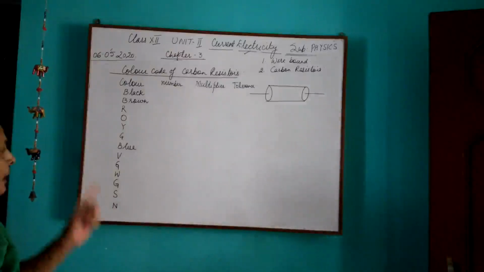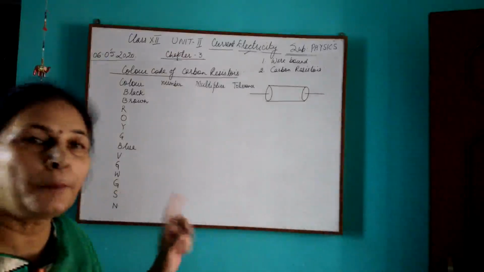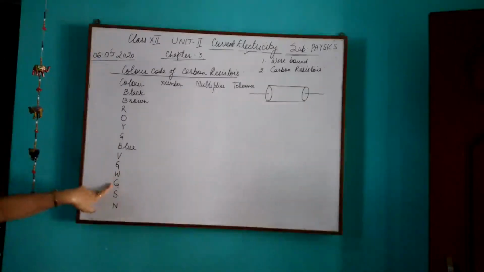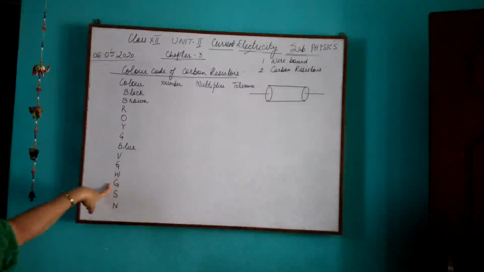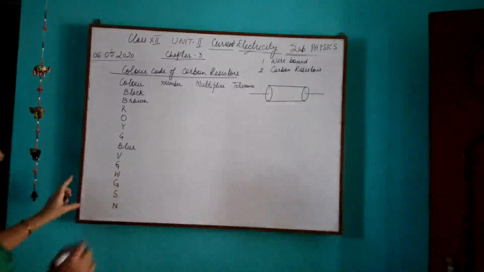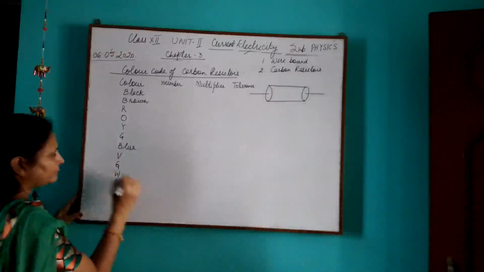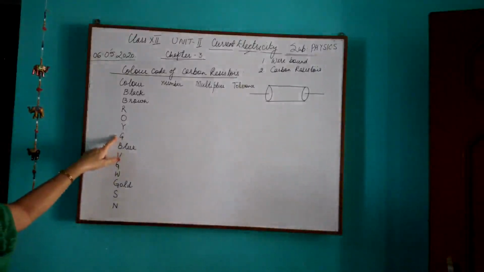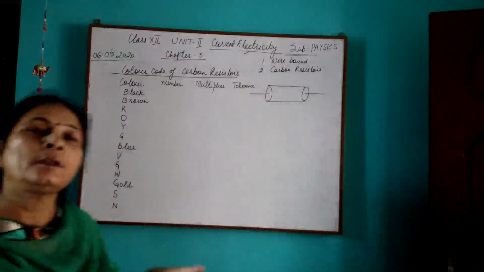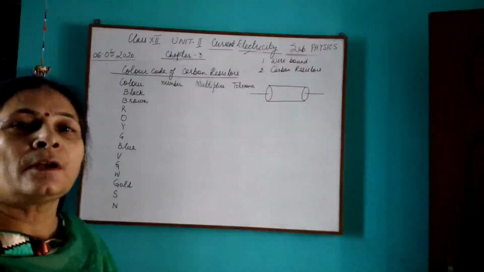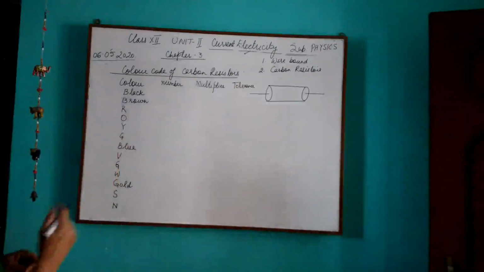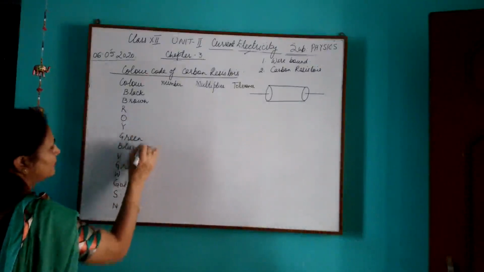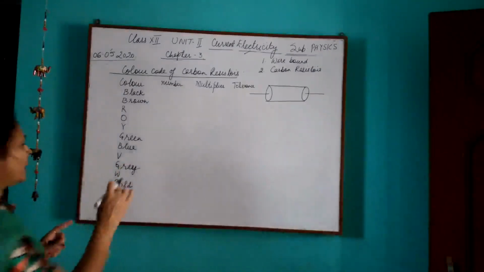We'll again see which letter is repeated. Now we'll see G is repeated again: G, G and G. Now this I have already told you, gold, silver necklace. So this is gold. So the remaining two are now 2G, green and grey. So we'll go by the dictionary, whatever comes first. In this way you can remember. So green, and this will be grey.